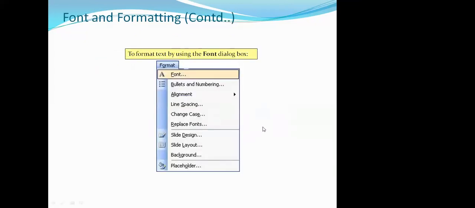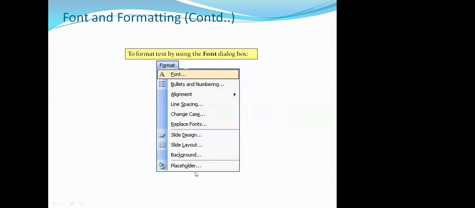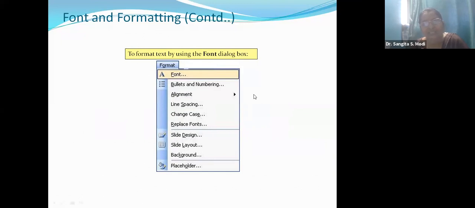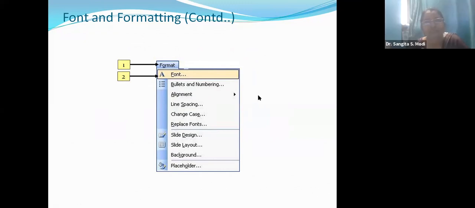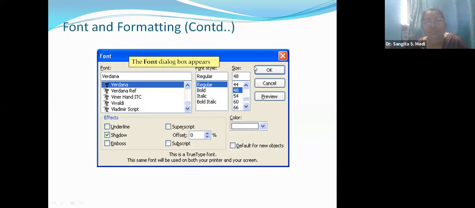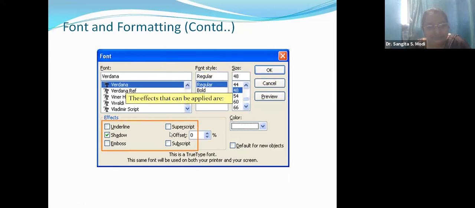Ma'am, is it necessary to draw the pictures like that, like on our screen right now? Yes, you can, if you remember all these things at the time, then you can draw the pictures also, but it is not necessary. Most of the time you have to write all the answers in text format. Okay, ma'am.